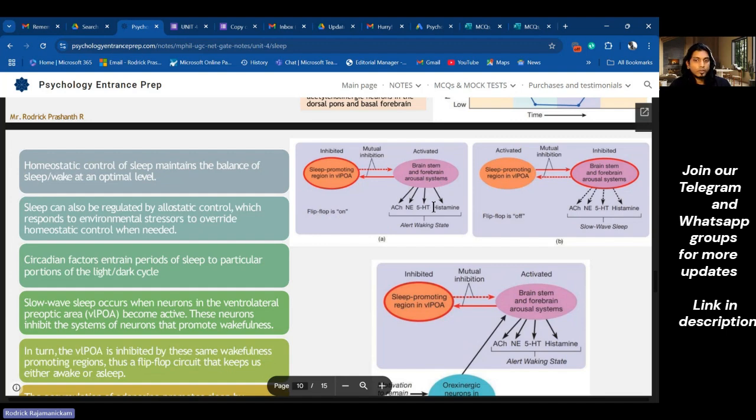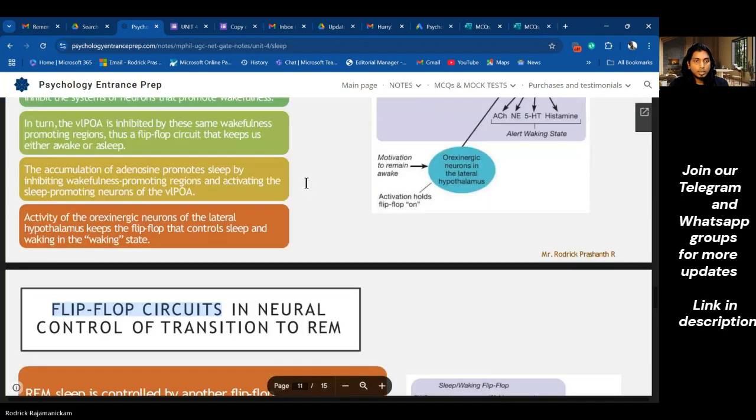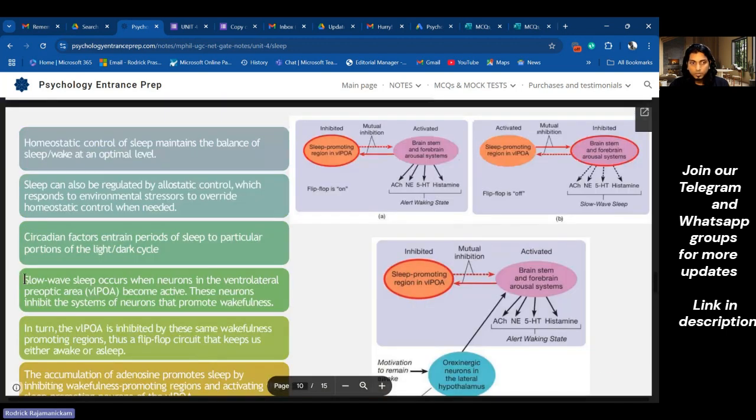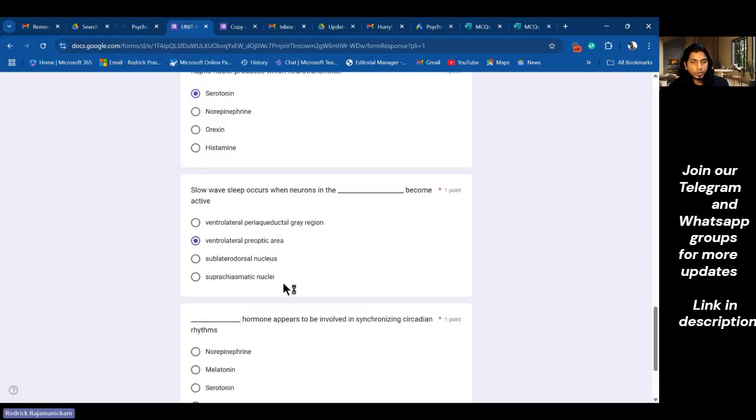So acetylcholine, norepinephrine, histamine, even serotonin, and also orexin. They are all arousal systems. So the sleep promoting area in ventrolateral preoptic area suppresses them. The other way around is also true. That is why these are called flip-flop circuits. One suppresses the other, and the other, when it's active, suppresses it in return. Okay. So this is it about slow wave sleep or deep sleep. The ventrolateral preoptic area is involved here. Okay. So moving on,